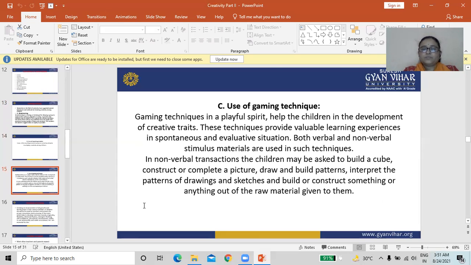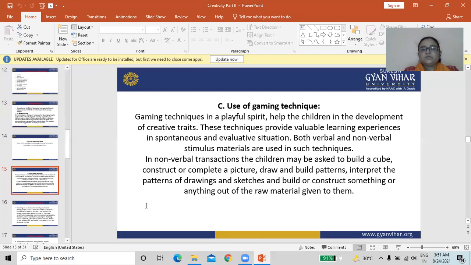Next is use of gaming technique. Gaming techniques in a playful spirit help the children in the development of creative traits.